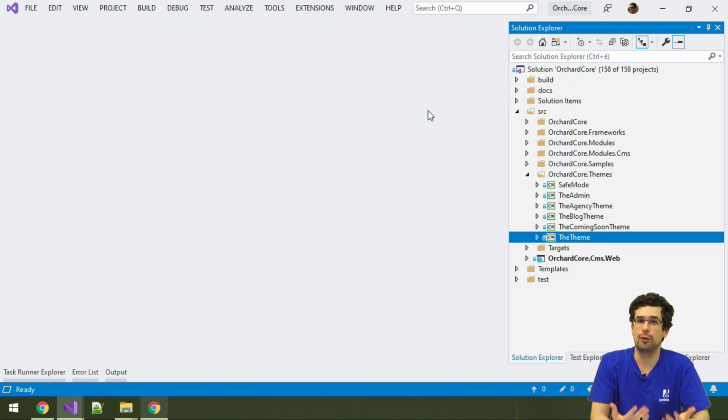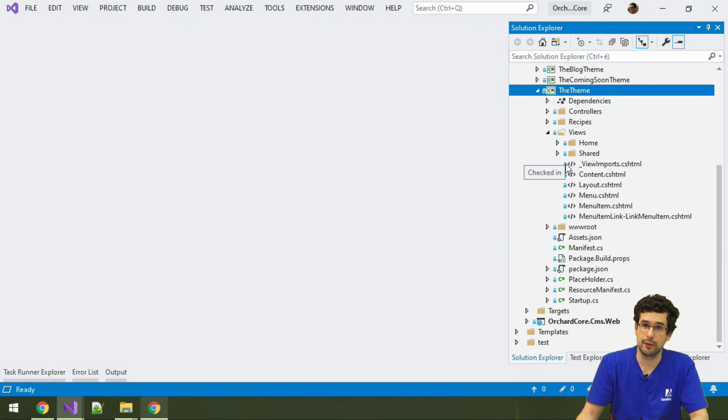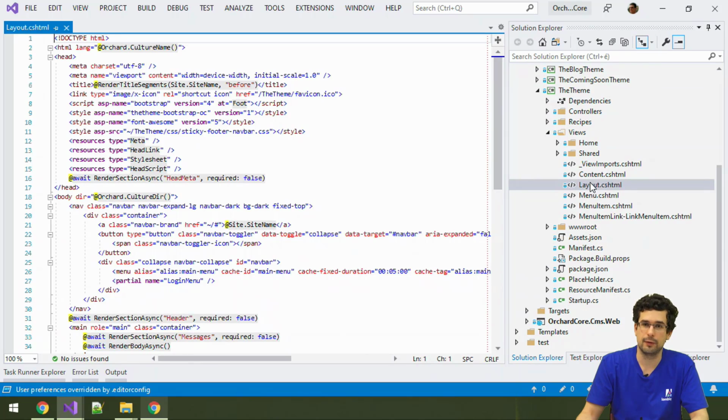Let's write our first shape template. What we'll do is copy the layout shape template from the default theme and use it in our own theme. This will be a simple example where you can start easily. So let's go to the theme here, still in the full Orchard source, and here we have layout.cs.html. Let's actually just copy this,